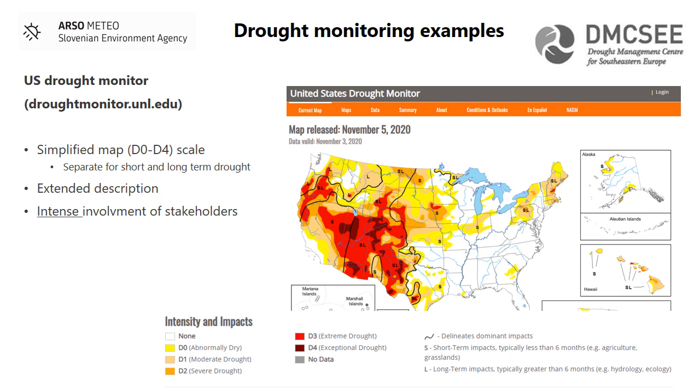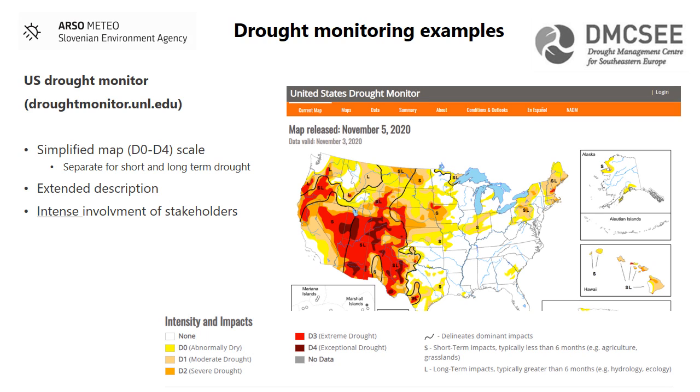So the first one is the US Drought Monitor. This is actually one of the oldest drought monitoring systems. The online version was available to the broader public already in the 1990s, so more than 20 years ago. I would say that the general composition of this system is very friendly to the user. When you visit this web page where the US Drought Monitor is available, you immediately